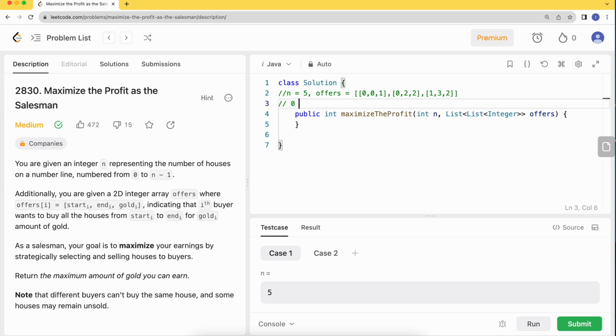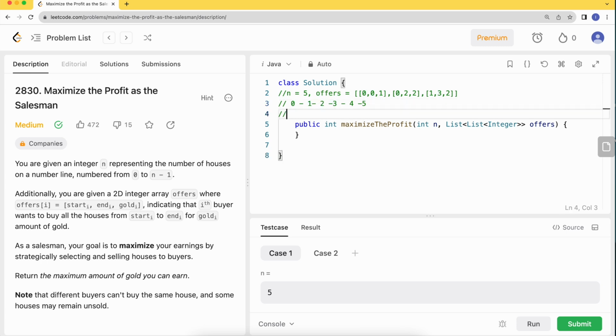Since the houses are on a number line, right, so we have this 2, 3, 4, 5 with us. How much profit can I make after selling these 3 houses? So what is the total profit that I can get from selling all these houses is the corresponding subproblem. So we are saying, what is the max profit I can get by selling the houses till 2, let's say, or 3, let's say. So what is the maximum profit so far, and